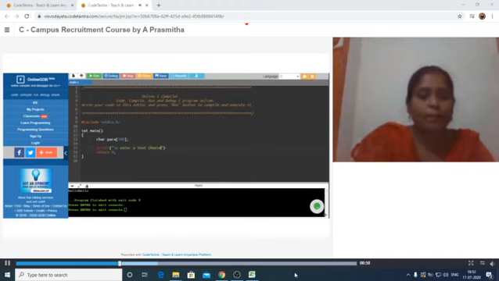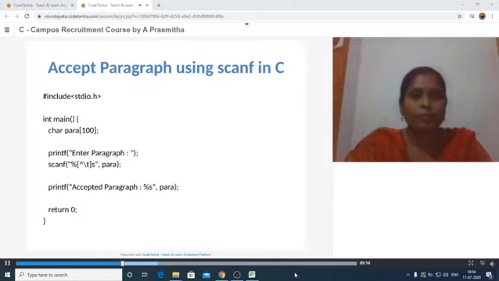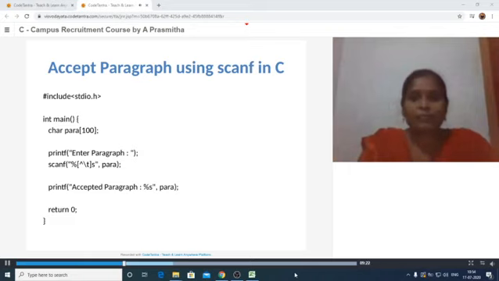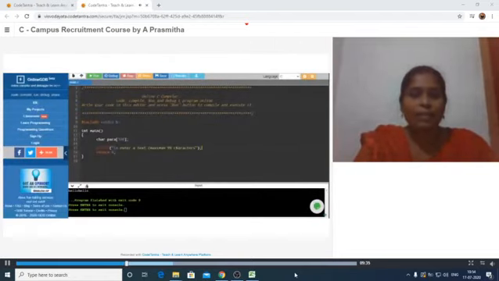Maximum 99 characters. So it will accept up to 99 characters.